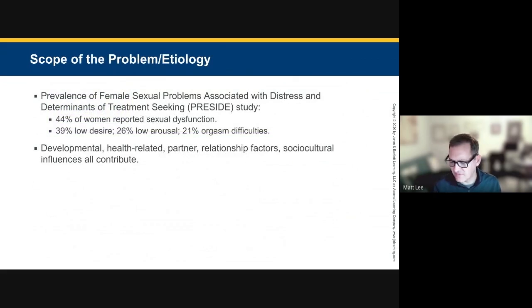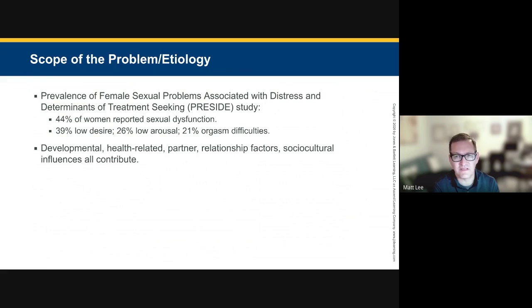It's very prevalent in a practice where you're asking about this and investigating, and people have a relationship where they can talk to you about it. You're going to find this quite a lot. Here's one study where 44% of women reported some type of sexual dysfunction over their lifetime. So it's a fair amount. And of course, for many women, it's not sexual dysfunction forever. It's at periods of time, whether it's pregnancy related, postpartum related, relationship related, or menopause related.